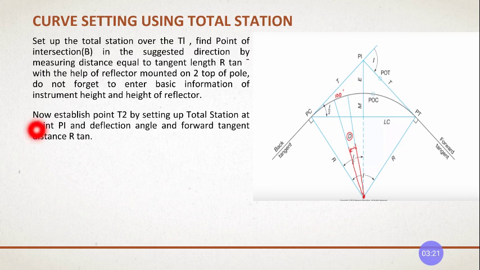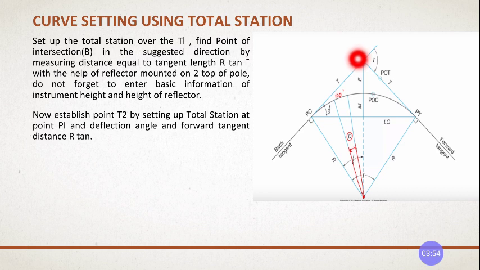once you find out the intersection point, from there you are going to establish a point T2 by setting up the total station at PI. You had set up the station at this point. You know this length. You bisected that length, right, by keeping the staff here. By trial and error method you can't exactly get the correct distance, but by trial and error you can line it up straight, right? So once you line it up, you will get the value of PI.